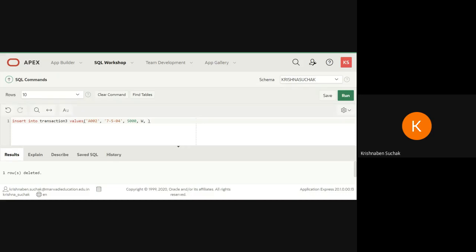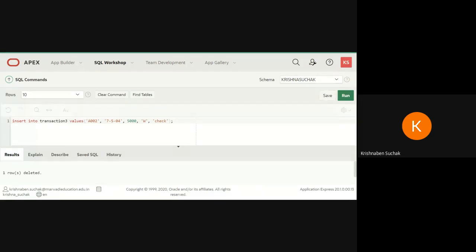And mode of pay: check. These are the values which I have already inserted in my table, but I am repeating them to create the duplication. Do this. You all need to create the duplication.